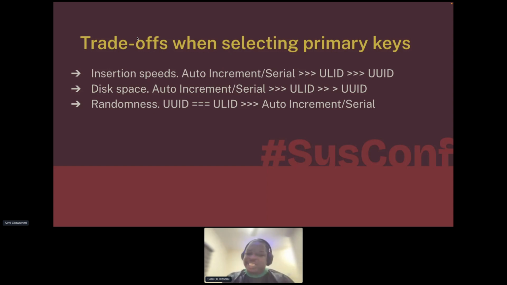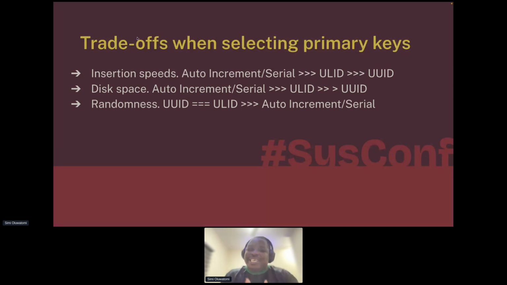Now, the speed of all of this, so let's assume that in this case, your auto incrementing column is using Bolt, and then your ULID is Tyson Gay, and then your UUID is Asafa Powell, right? For people who love track and field, you should be able to understand what I just said.